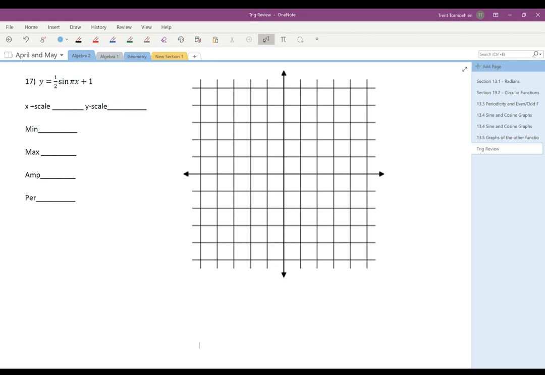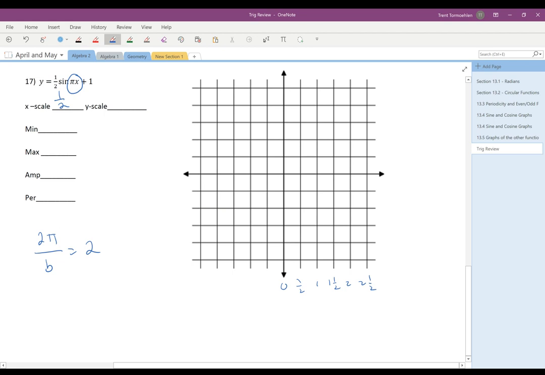And so we remember that for a sine and cosine graph, the period is always 2 pi over b, where b is what is inside with the x. In this case, it's pi, and so our period turns out to be 2. What we've talked about is our scale is best done by taking the period and dividing it into fourths, because there are these 4 parts to a sine or a cosine graph. And so we're going to say that our x scale is 1/2, which means that we've got 0, 1/2, 1, 1.5, 2, 2.5, and so on as our x